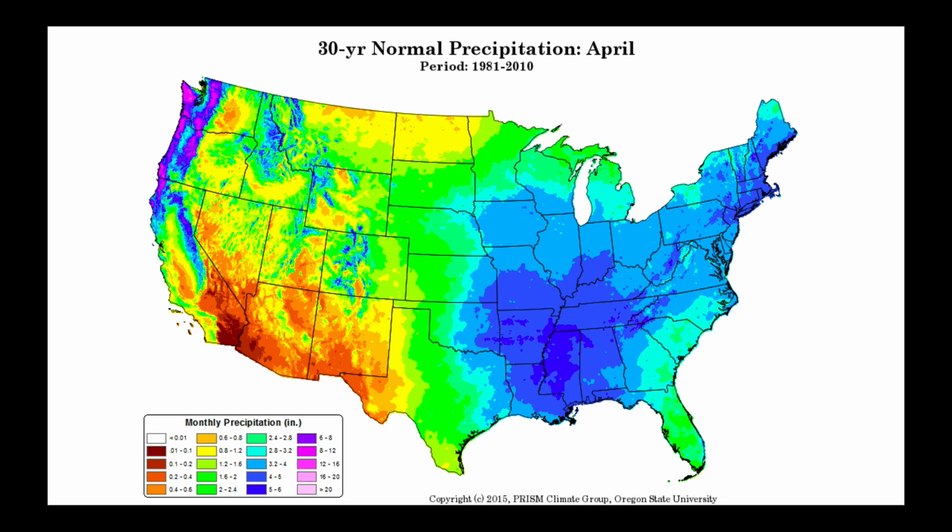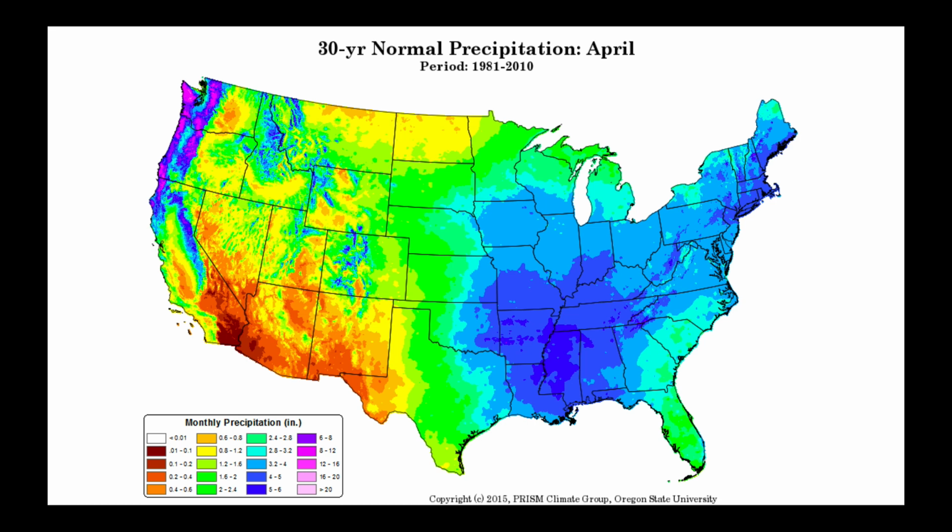Well, with the end of April and the beginning of May, I thought we'd just take a quick look at what the normal differences are between the 2 months in terms of precipitation. So this comes from the Prism Climate Group, and it's a great set of data here. I use it all the time, but they made these great climo maps I'm just going to show you. So this would be the 30-year normal for precipitation for the month of April.